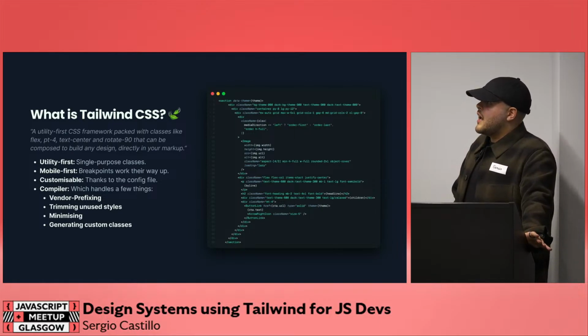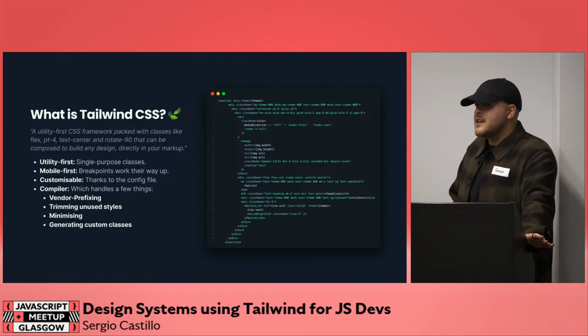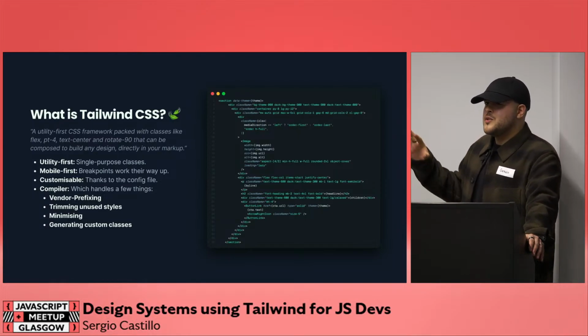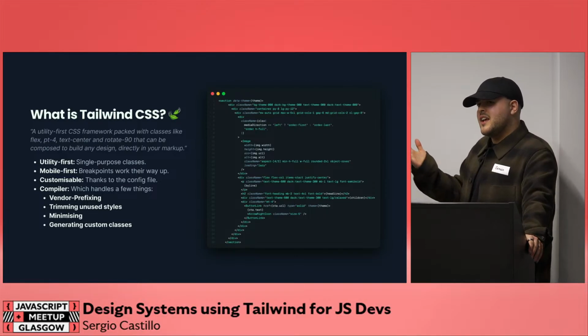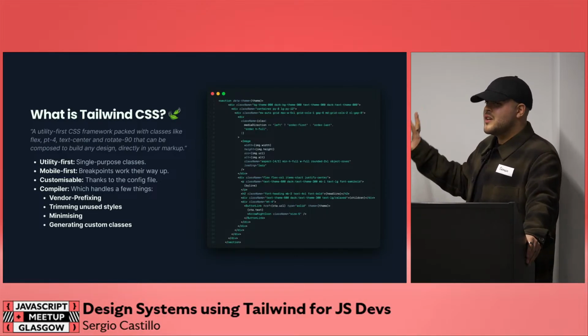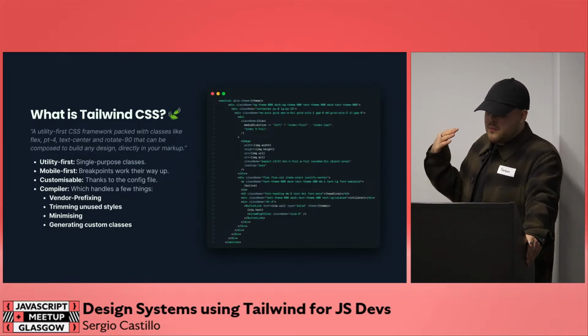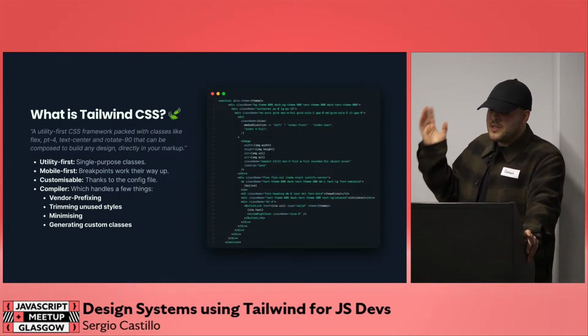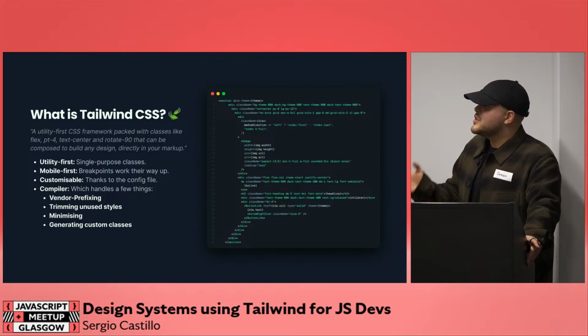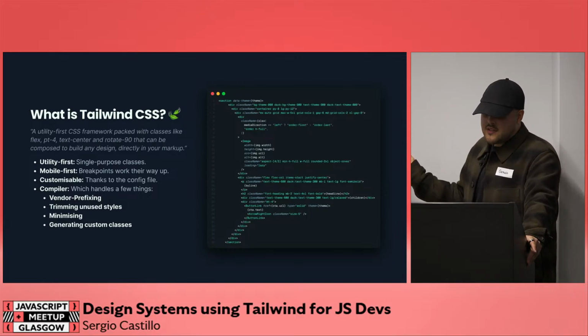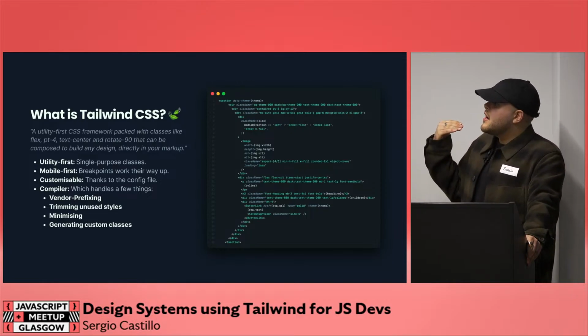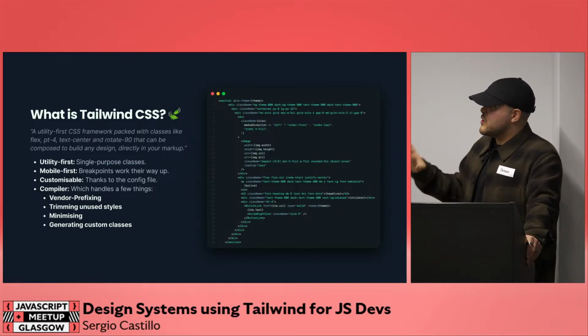At the end of the day, Tailwind is just CSS code. I do see a lot of people saying, oh, should I use Tailwind or should I use CSS? And it's like, Tailwind is CSS. There's nothing going on in the background, no magic, no JavaScript being injected. It's just CSS. The way that I personally understand it, it's a collection of CSS utilities and a compiler to turn everything into your CSS. So the features that I care about for the purposes of design systems is that it's